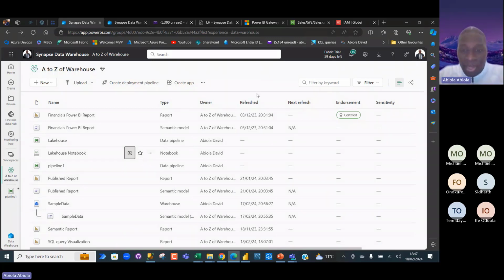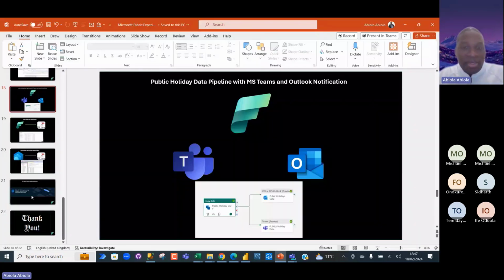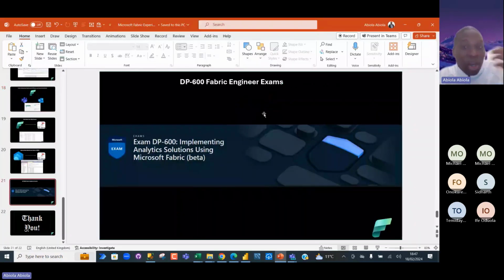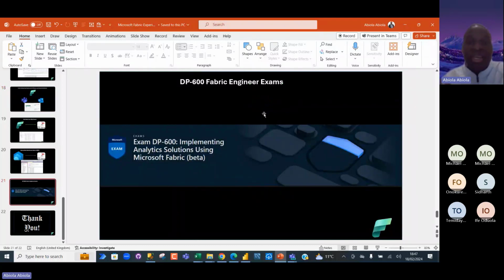So this is all. Before I go, for the Fabric engineer, I'm going to encourage us to take the examination if you're looking into a career as a certified Fabric engineer. Now, the examination is quite tough. I've taken the examination and we are still expecting the results. Of course, this is a beta exam, so it takes a long time before the results are rolled out.